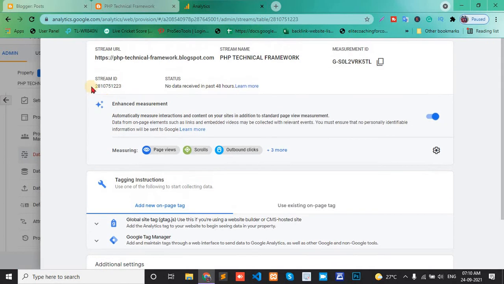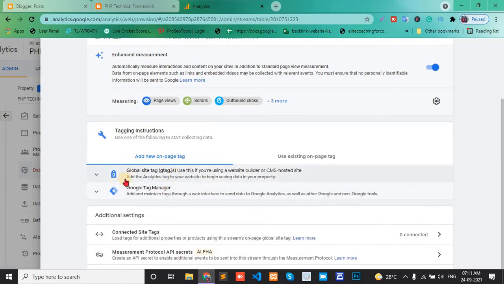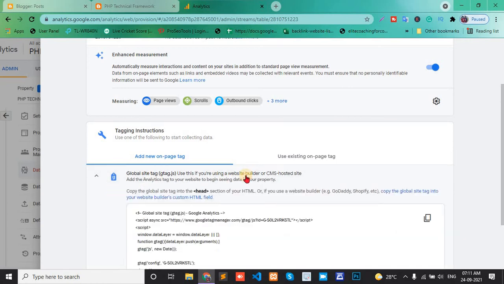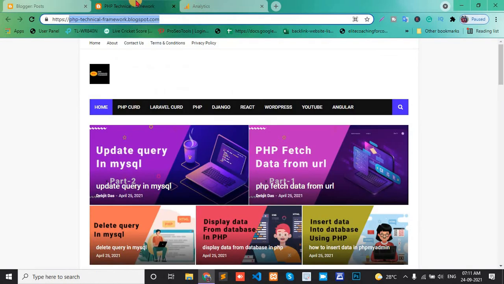First, we see stream ID status. Okay. Next is global site tag. Okay. Click this one and copy. Then log in to your blogger